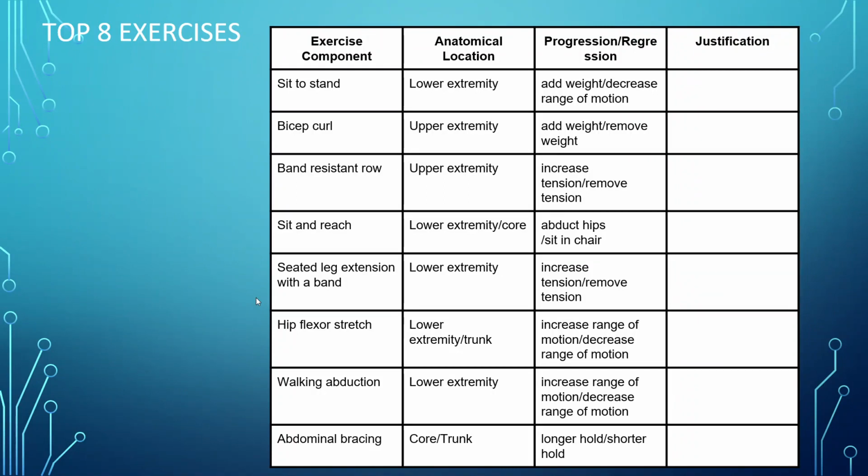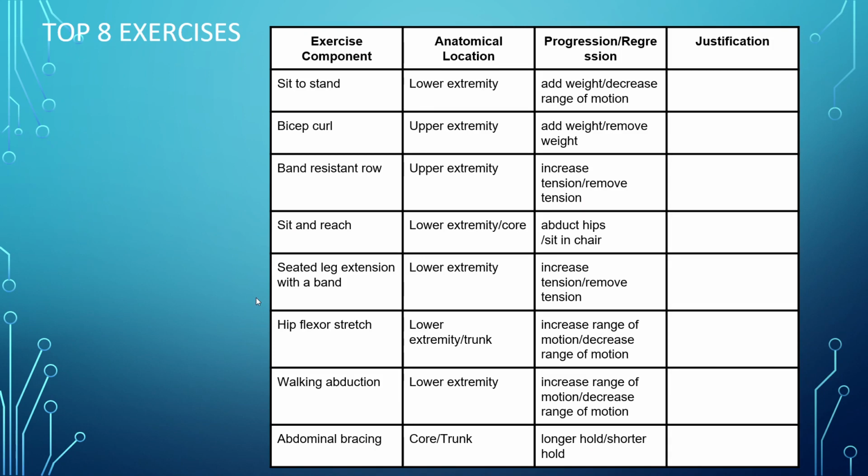Now, what I would like students to be able to do is actually provide justification as to why these exercises were chosen for the particular patient. So for example, if we're thinking about the patient with dementia and frailty, when we think about the sit to stand, or if we think about the bicep curl, are these the types of exercises that are going to permit them to have independent living,